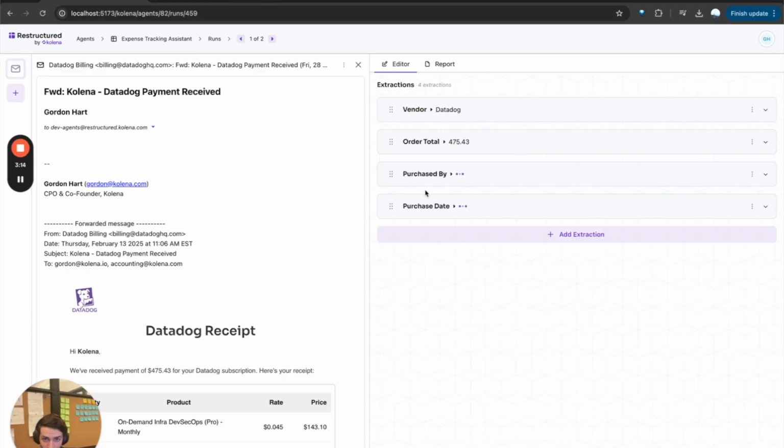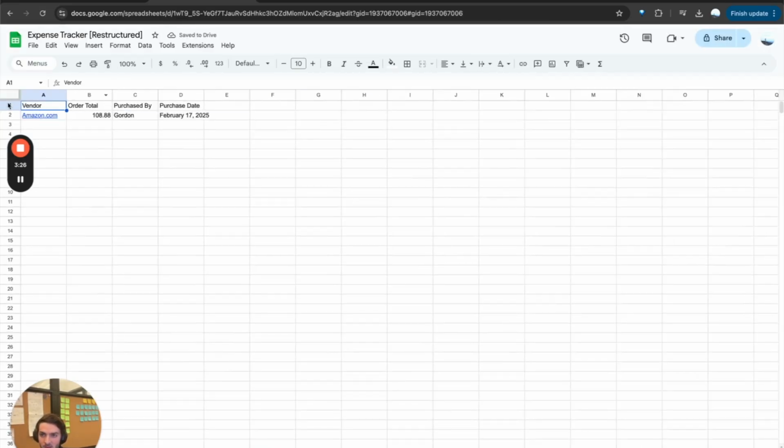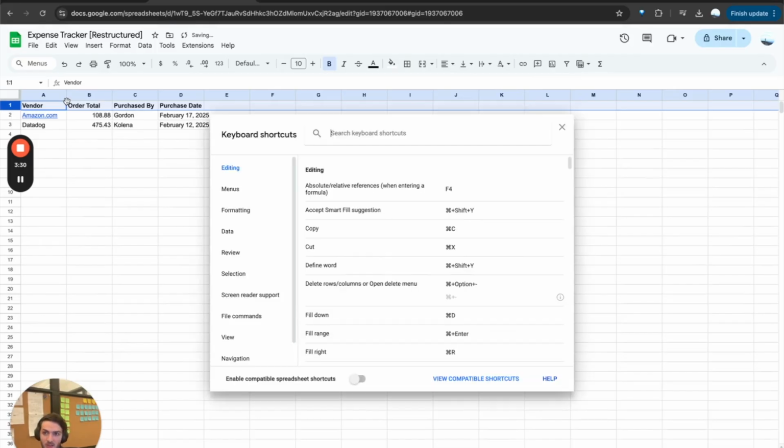So when these have finished extracting, they'll sync to that Google Sheet, and we can go over to our Google Sheets and see that we have this new expense tracker from Restructured sheet. And you see the Datadog just showed up. I can go ahead and apply some styling here